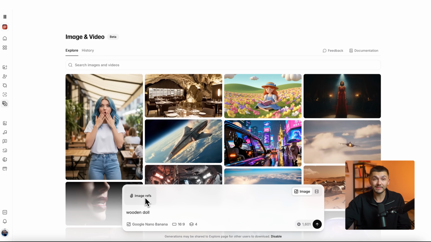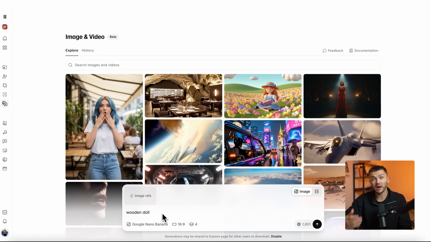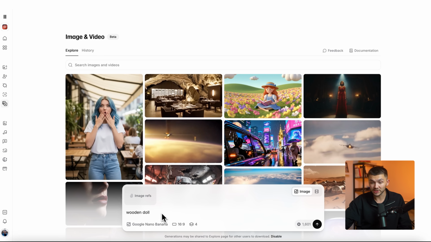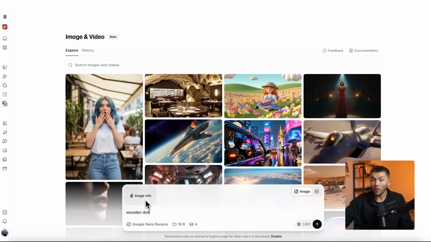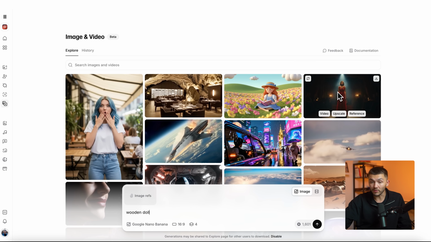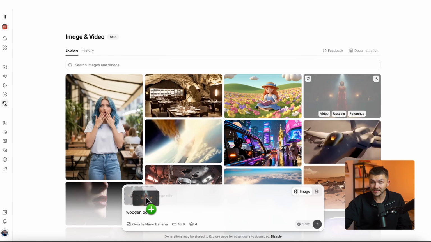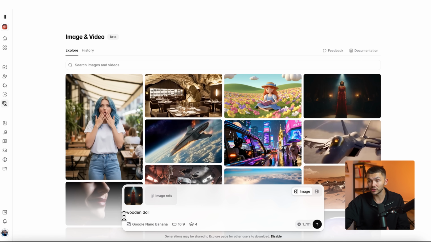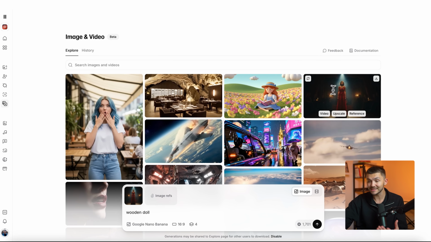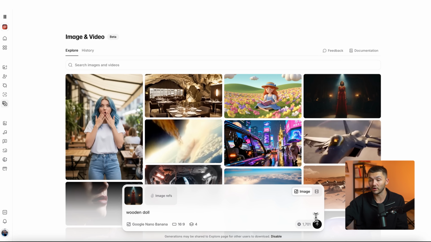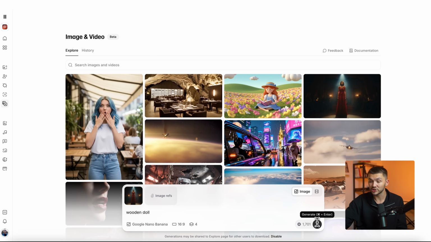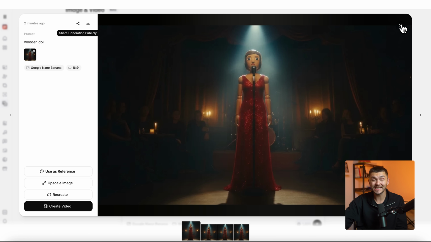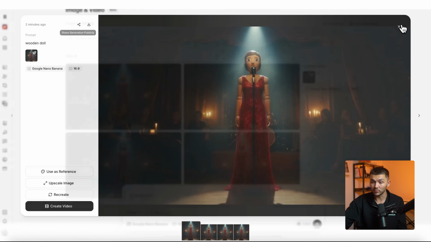And you can also add images as references to inspire the style of your generations. And you can do that by uploading your own, or we can actually simply drag and drop from the explore page right here into the image reference and use this to inspire the generation. So now that we've typed in wooden doll, the generation we'll likely get will be the exact same image with a wooden doll instead of the woman. So let's go ahead and click generate. And you'll notice now that we have the exact image, except the person here is a wooden doll,